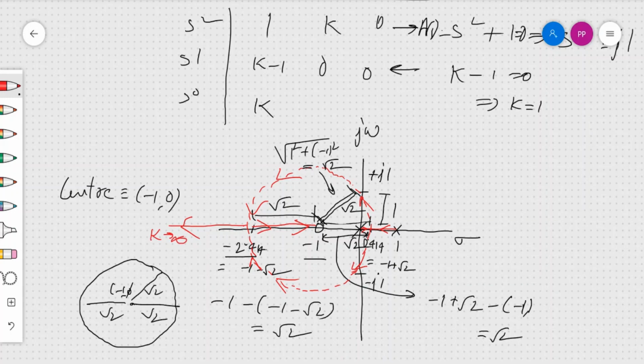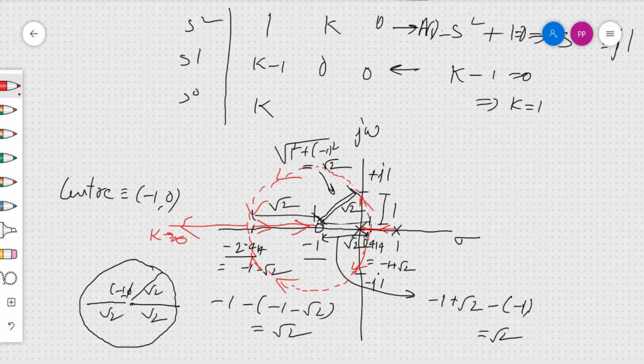So this is how we can draw the root locus of a given open loop transfer function, and from there we determine the characteristics and eventually we come up with the root locus. So these are the 2 very common examples of root locus and very frequently asked in the exam.